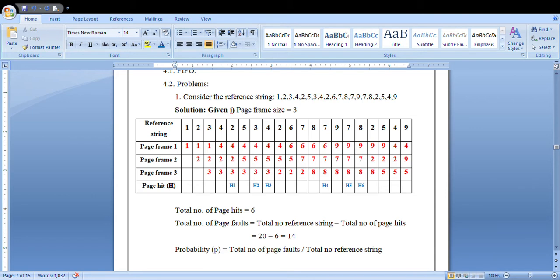Next, while explaining the demand paging performance, I said that I will explain how to calculate the probability of the page fault while solving the problem. So here we go.